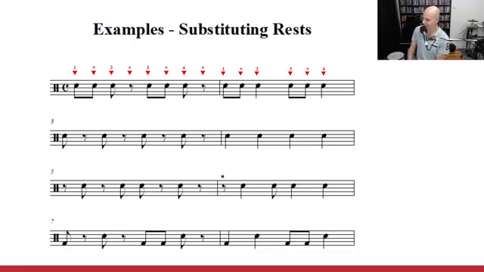Okay? So in the second example, we've got 1, a rest on and, 2, a rest on and, 3, a rest on and, 4, a rest on and. So there's no ands at all. So obviously you could just use quarter notes on all of that and get rid of the need for placing rests there altogether. Okay? It's a little bit like, I don't know how good you guys are at maths, but